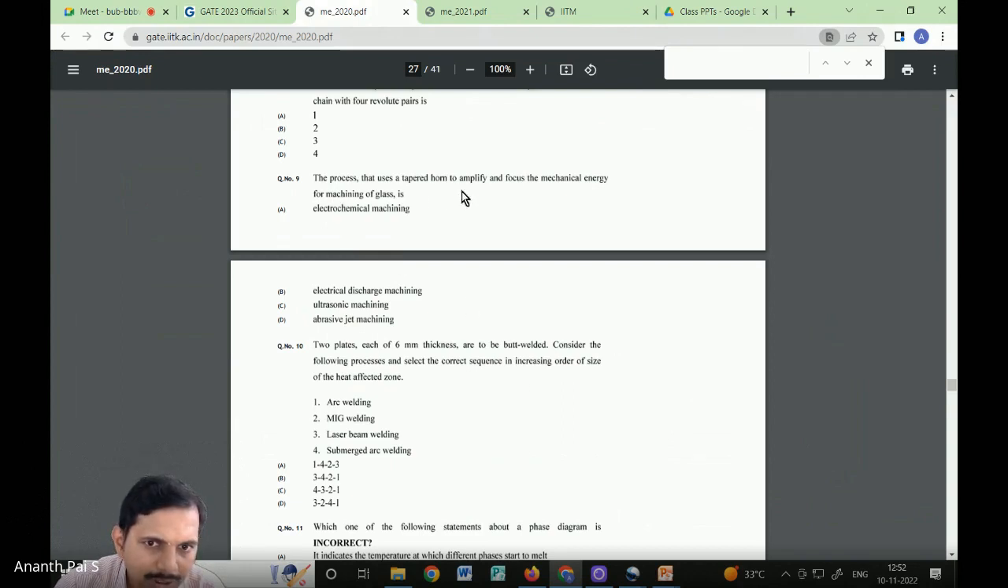The process that uses a tapered horn to amplify the focus of mechanical engineering for machining of glass is